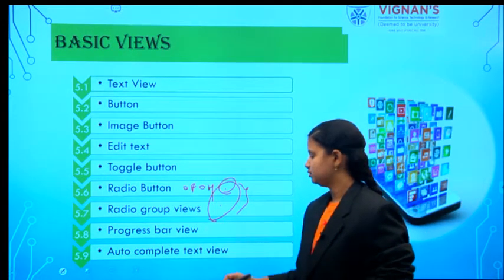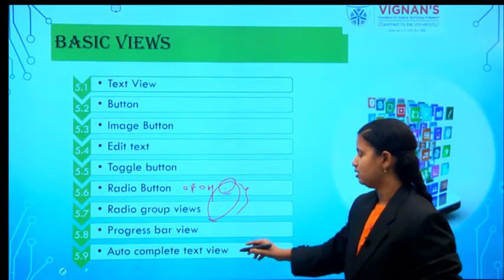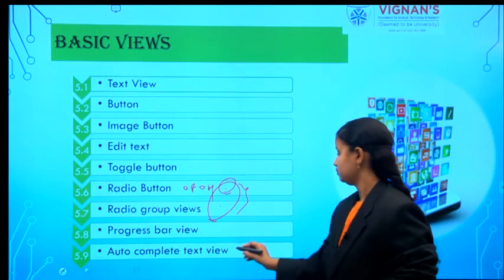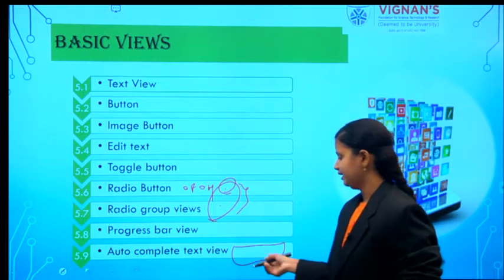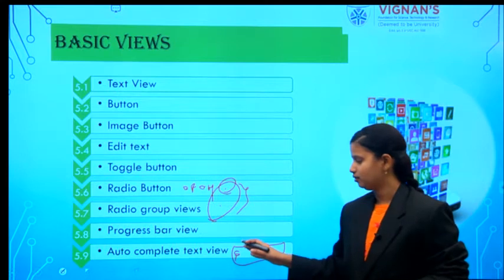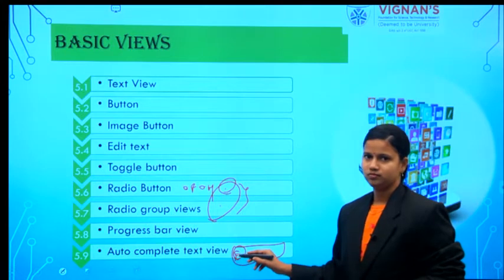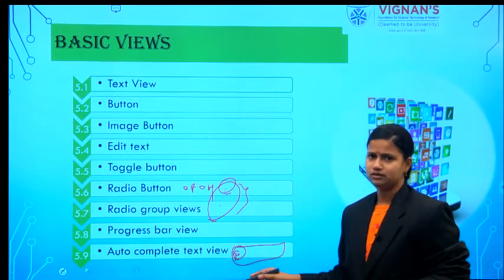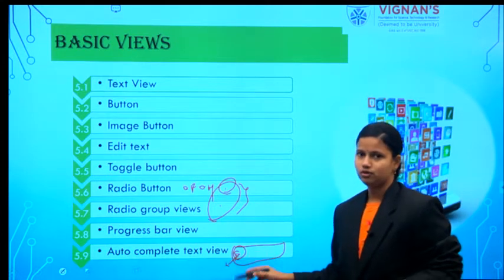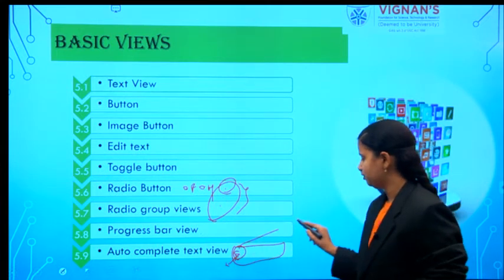And progress bar view. The progress bar view shows the status of your progress work. And autocomplete text view. What is this autocomplete text view? It is also similar to your edit text. Whenever the user types any information, say the requirement is I want to type the username, whenever you type S, what are the possible ways of starting with S? Those will appear, that means it will show suggestions regarding your typing.